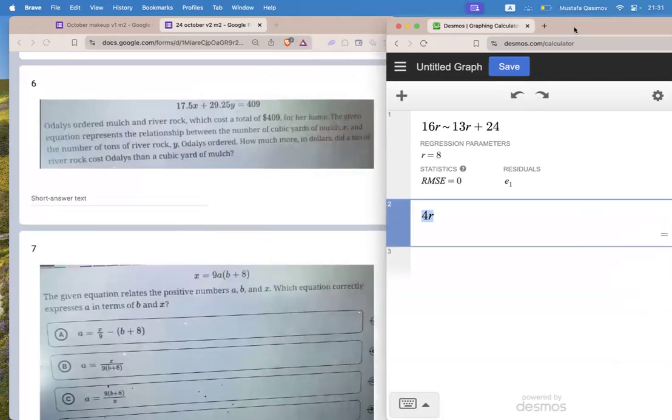6. When they say things like each, every, per, or a ton of, here a cubic yard, you have to just take the coefficient of X and Y. Then because they say how much more, you have to look at the difference. It will be, I think,